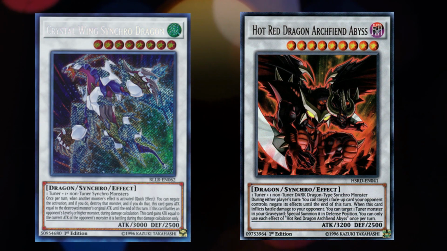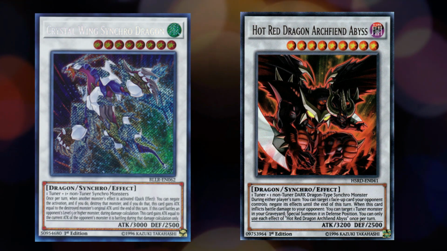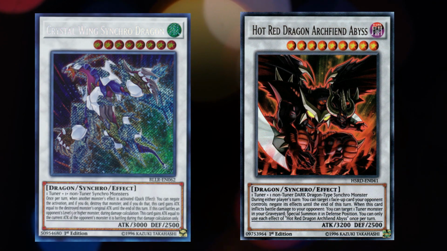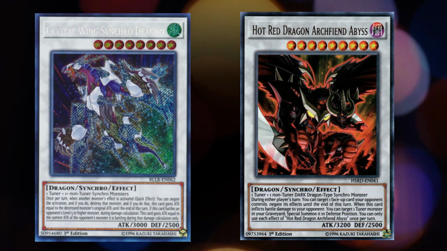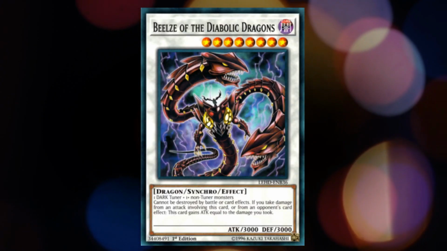For negation, we have Crystal Wing Synchro Dragon and Hot Red Dragon Archfiend Abyss, both with quite high attack. While Crystal Wing negates the effect and destroys the monster, Abyss can negate not only monster, but spell and trap cards effect too. Even though it doesn't destroy, you can still negate important normal spell cards like Pot of Desire, Stall Charge, and so on and so forth. Last but not least, if you know your opponent's deck cannot out it, Build's Diabolic Dragons is for sure a